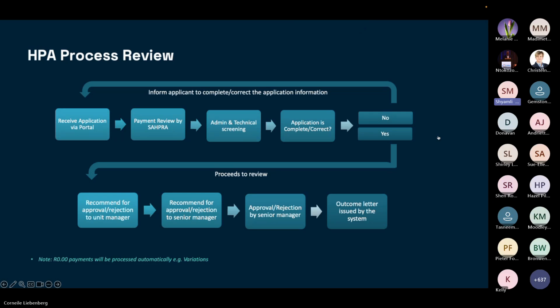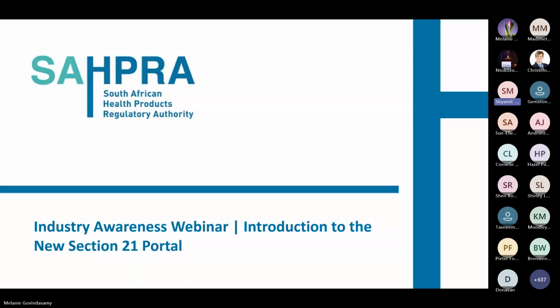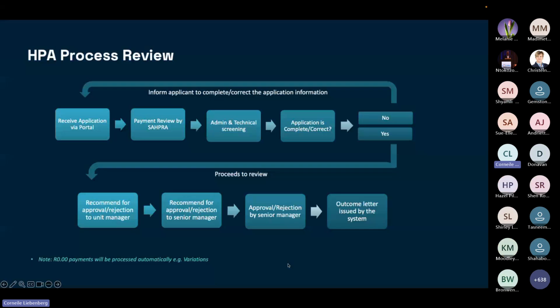So just to go through the superficial process flow, it's very simplified, but of course there are many micro processes that occur in this process flow. So once we receive the application via the portal, we actually then there's a screening, technical screening that we subject the application to, and Ms. G, if maybe I can have the previous slide, if possible. Sorry, my slide deck. I'll reshare again. Yes. There we go.